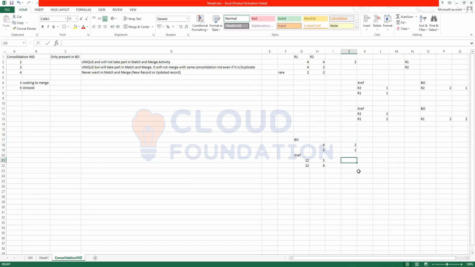So these two will never merge. 2 with 2 will never merge. 2 with 4 will merge, 4 with 4 will merge always, but 2 and 2 will never merge. This is a once in a blue moon data issue condition where you'll see duplicate data